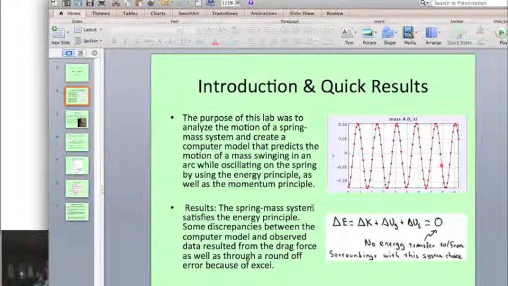The main idea of the energy principle is that the total change in energy of the system must be equal to the total energy transferred to and from the surroundings. But because we chose the system to also include the earth and the spring, there are no interactions that transfer energy between the system and the surroundings in this case. This is only true if we neglect interactions such as air resistance. The attachment point also does not cause energy transfer because it is motionless, so no work is done. Thus, we can see that the extent